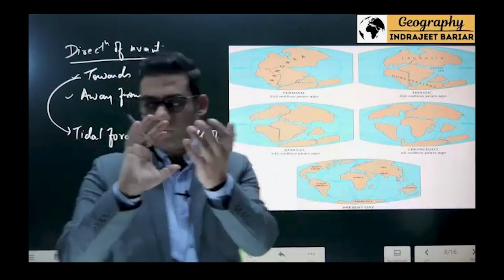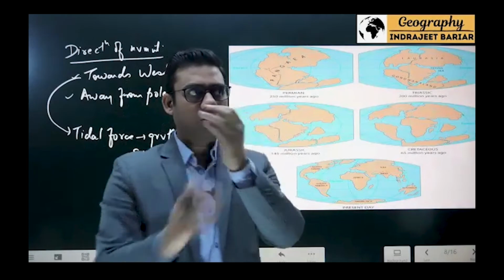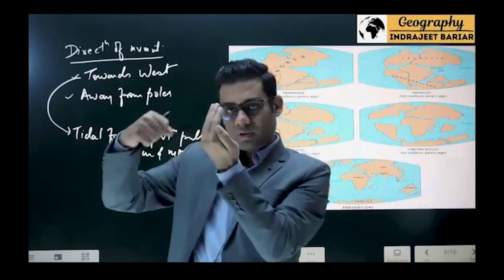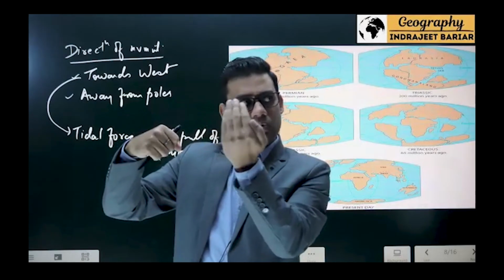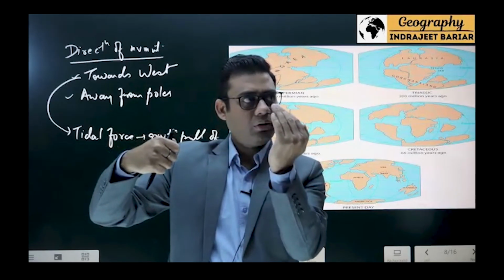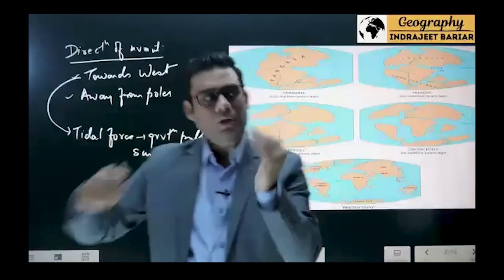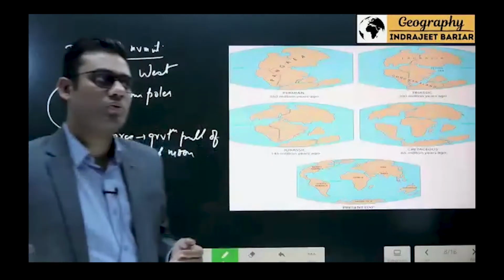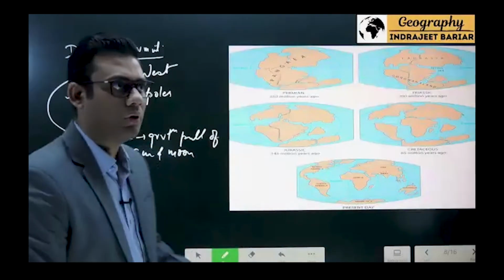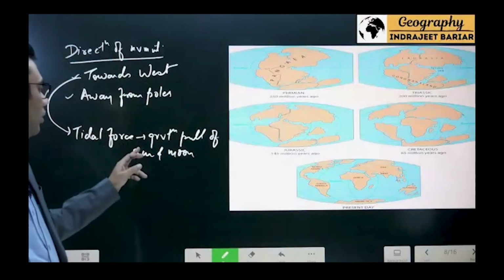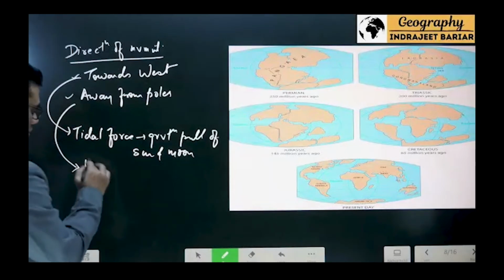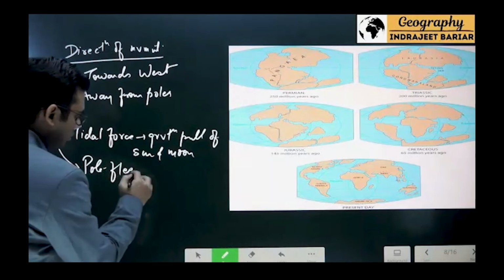As the earth is rotating from west to east like this, if I see this particular part rotating west to east, with the sun or moon over here, then as it moves, the landmass would be pulled over here by gravitational pull. So that's the pull towards the west. It is called tidal force because this is the force responsible for tides in the ocean also: the gravitational pull of the sun and moon. So for the westward movement, the tidal force, and for the movement away from the poles, he called it pole fleeing force.